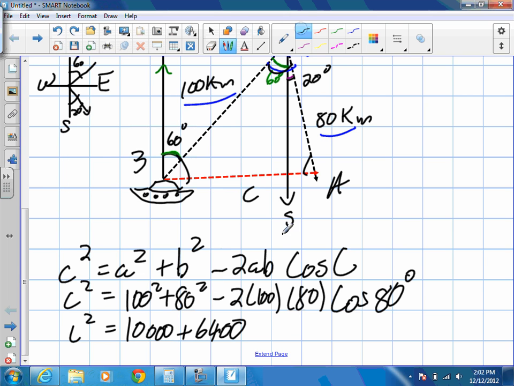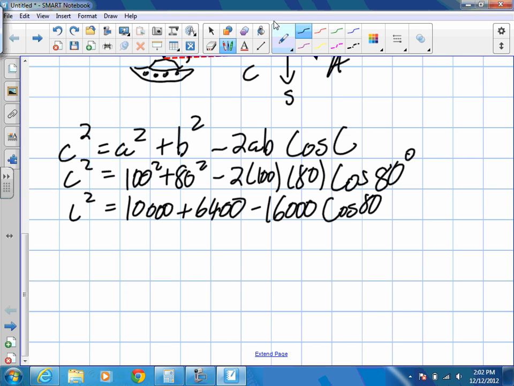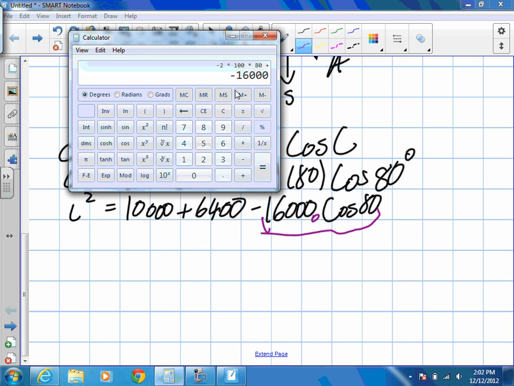Cos 80. Don't make this mistake, I must do this part first because of our multiplication. So, this negative 16,000 times cos 80 equals negative